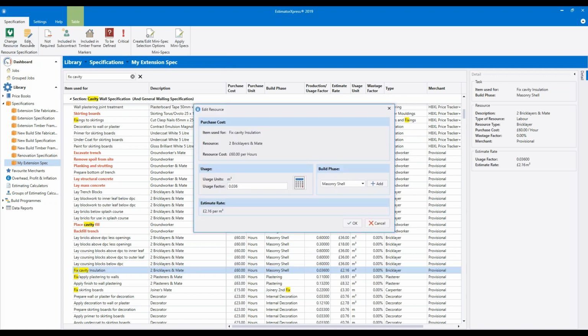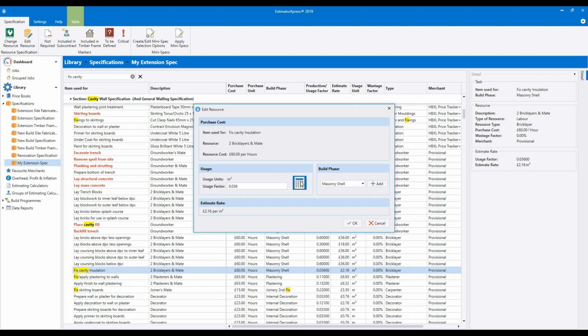Now the Edit Resource box opens up, and this will look very familiar because we came across it before when we were changing the resource. When you're editing a resource, you come directly to this screen, because of course you don't need to select a different resource from the price book.